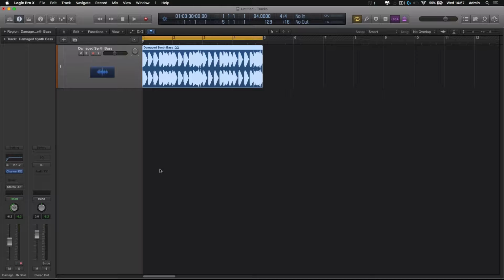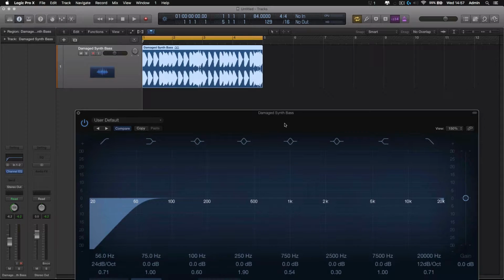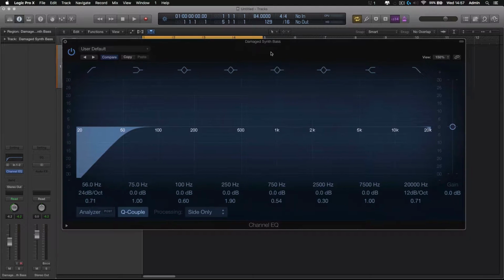I'm going to be talking about EQ. Now, EQ can be used in two ways. It can be used to boost frequencies, and it can also be used to cut. Think of it almost as a volume control for specific frequencies. So, if for example you want to target the volume of a frequency in the low range, then an EQ can do that. So if we go ahead and open up our stock EQ that comes with Logic Pro X,